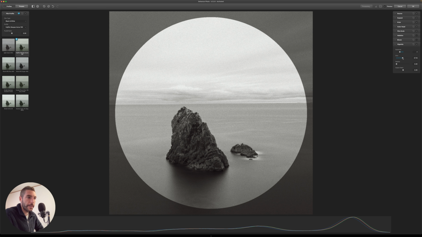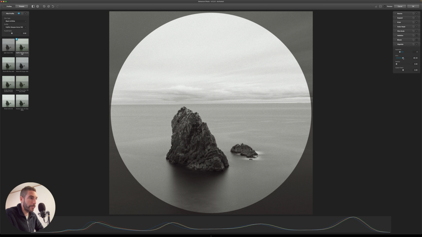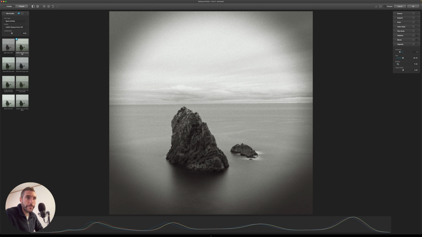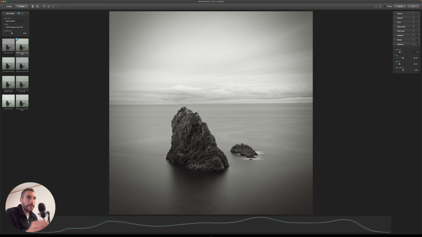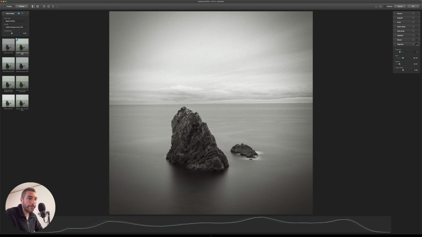In this case, I think since the main subject is in the middle, the standard settings of 50 or something in that ballpark actually works really well. -1, and then we're just gonna up the feather so you can see that the vignette gets faded. Again, nothing special about this vignette, but it's pretty good to be able to do it together with the film simulator and the grain all in one package. So that's it. Once you are happy with your editing, and I am, you just click OK.